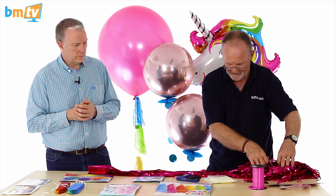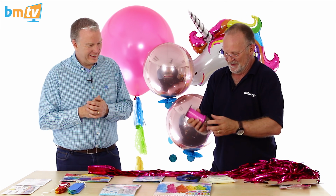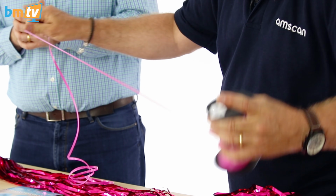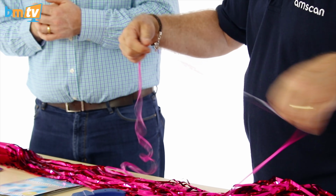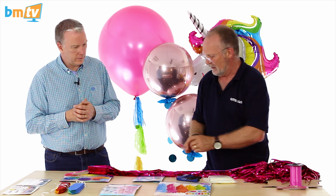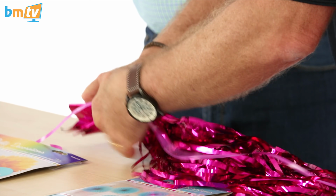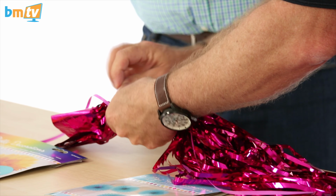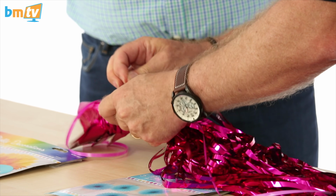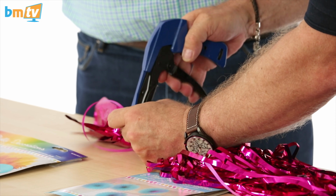I'll just heap that up for the moment. It has a tendency to act a little bit like fluid and all run off the edges if you're not careful. Piece of ribbon. Okay, unroll enough, and then just lay that along the length of the door curtain as well. And then it's a matter of taking a cable tie, gathering the whole thing together, putting the cable tie around, zip it up tight, cut it off,